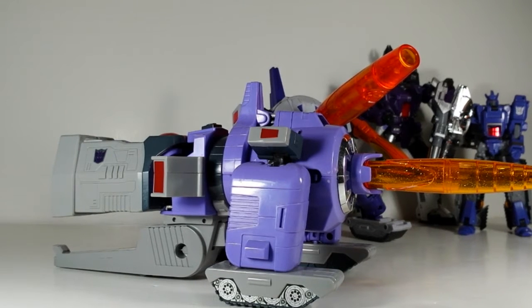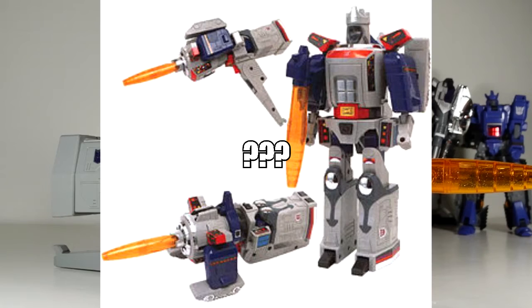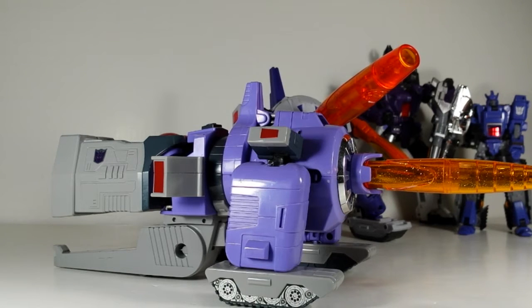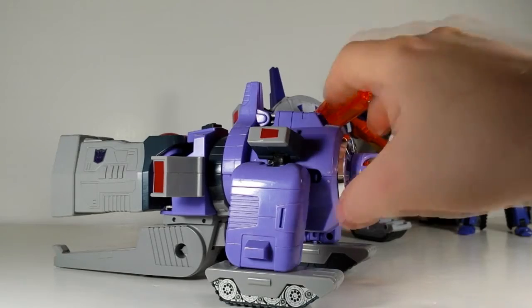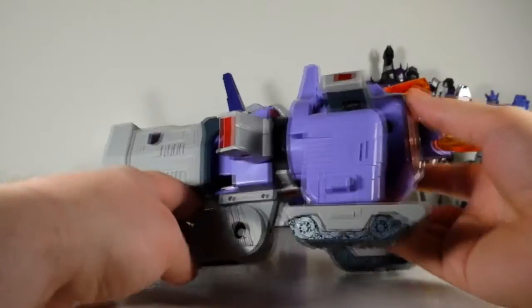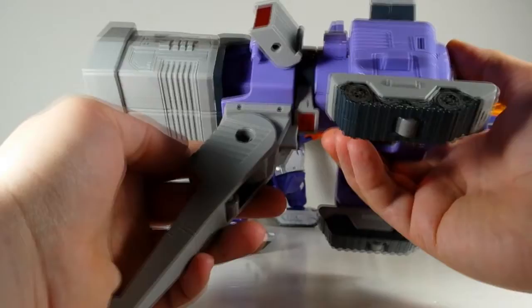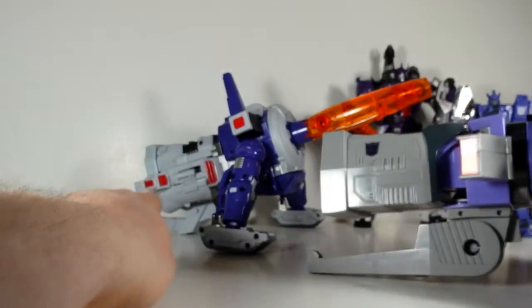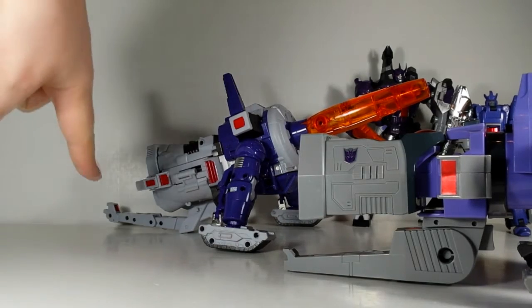I don't know what happened with the first original version of Galvatron, because the cartoon looked nothing like the toy, and the toy looked nothing like the cartoon. I don't know which came first, but one hand did not know what the other was doing when Transformers the movie came out. So yeah, this one, this was for the pistol mode. So that's why Galvatron always has that little tail in the end,